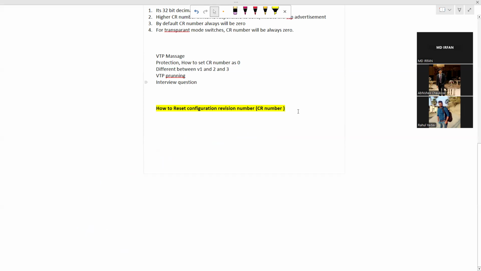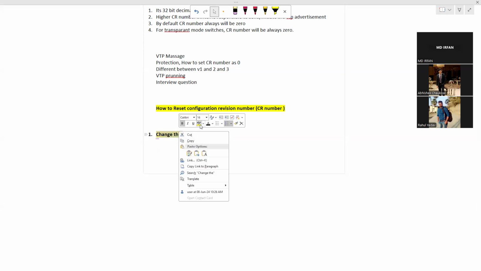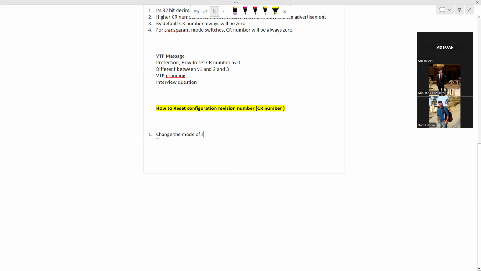Anyway, now how do we reset the configuration revision number? First, change the mode of the switch to transparent mode, so that the CR number will be 0. That is the first. And second one is